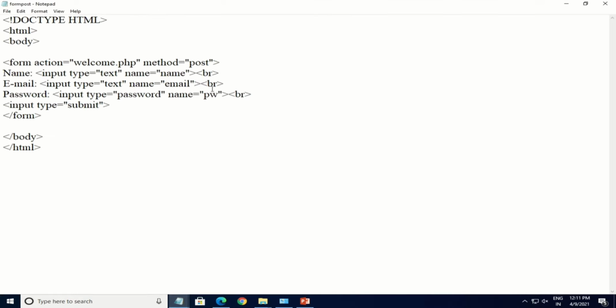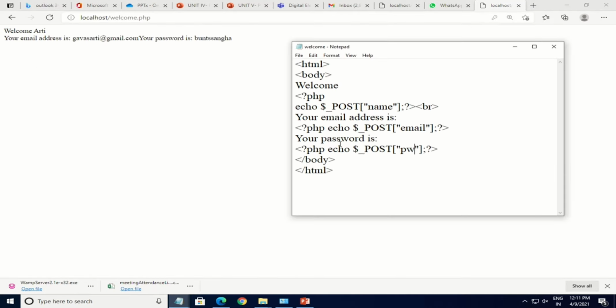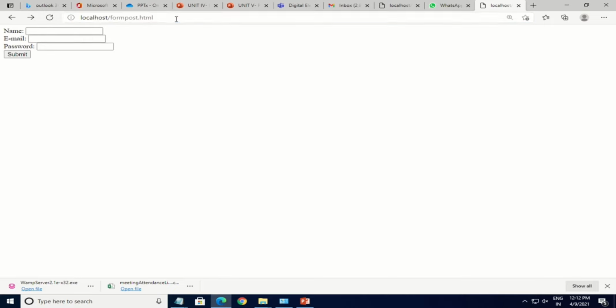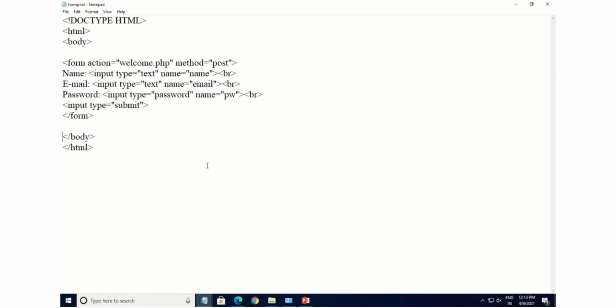Now if you want this password to be displayed on a new line, come to your program and add the break tag BR. Since it is displayed through the welcome.php file, you have to write this break tag in the welcome.php file. So here you can add it in this way. You have to save this file again. You can go back, write here the name of your HTML script, enter the data and again click on submit. So here you see that your password is displayed on a new line because of this break tag.